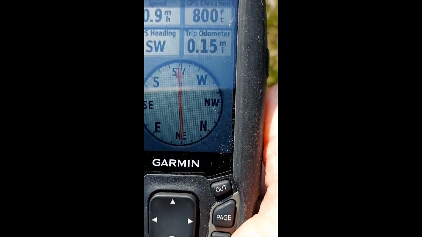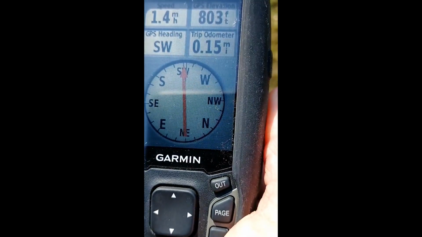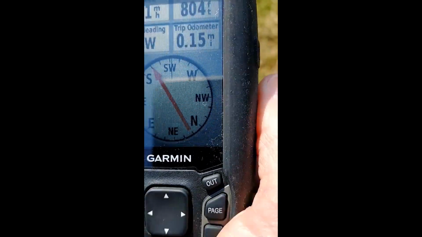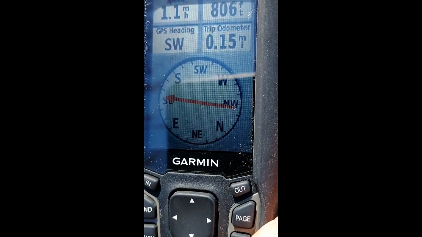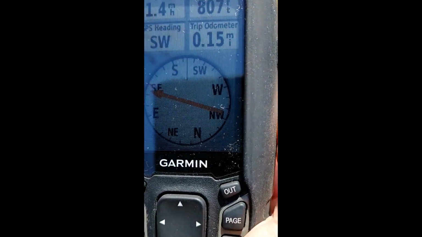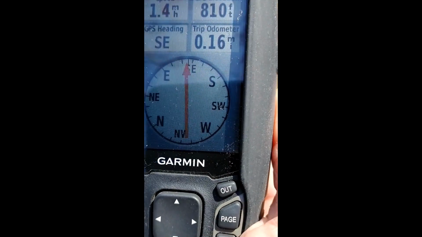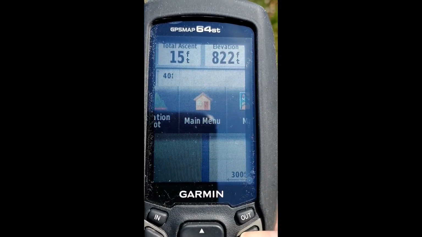So right now we're heading straight ahead with the compass, but we have a left-hand turn coming up, so then the compass will tell us to turn and then to head straight again. I'm going to switch back over to the map mode,